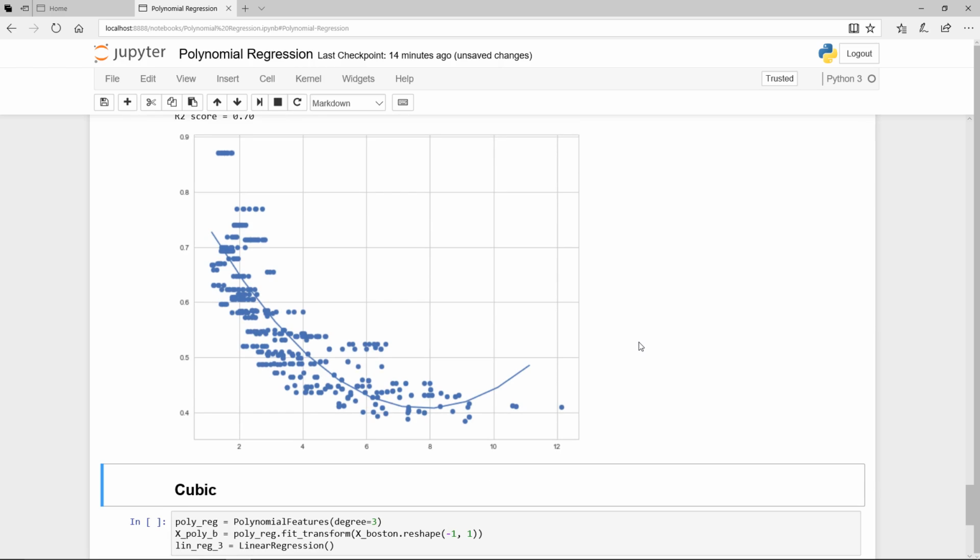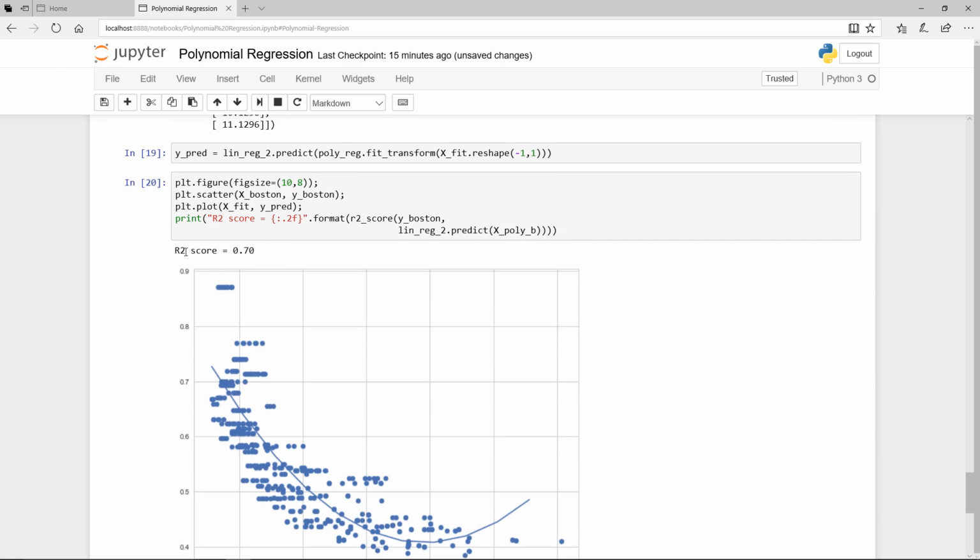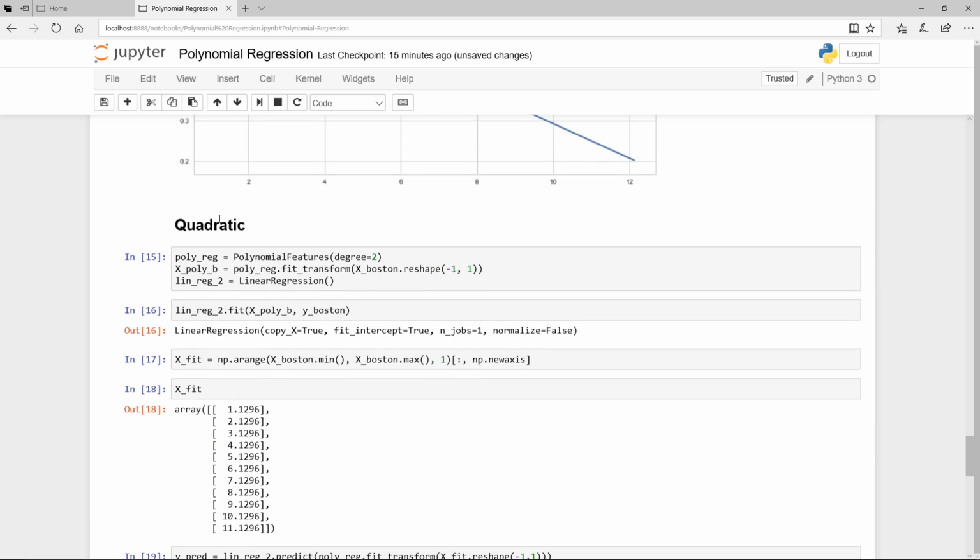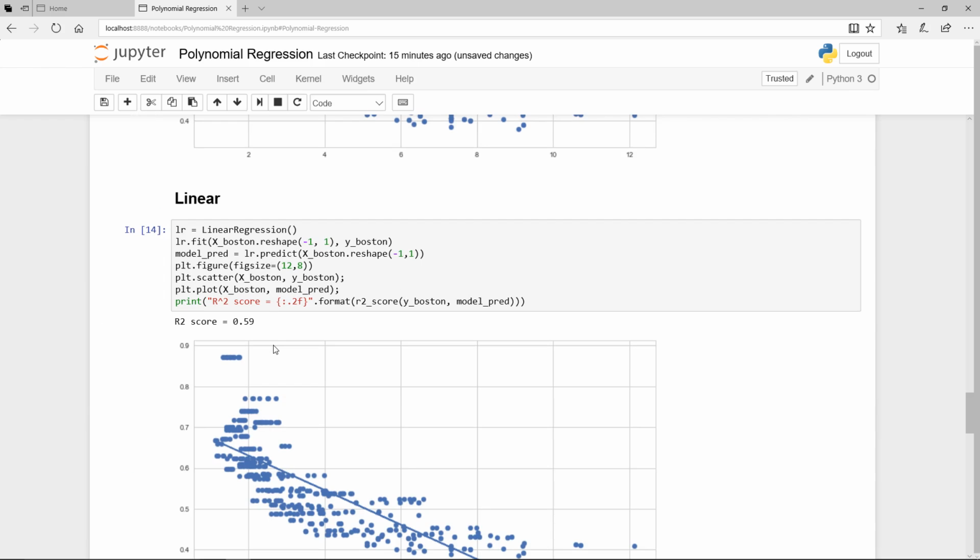Okay, so when it comes to the actual prediction itself, what we have done is that we take one step by one, instead of trying to make a prediction on every single dot here. So we are fitting it within this so-called space here. And what you can see here is that the R score has improved to 0.7 from 0.59, which is